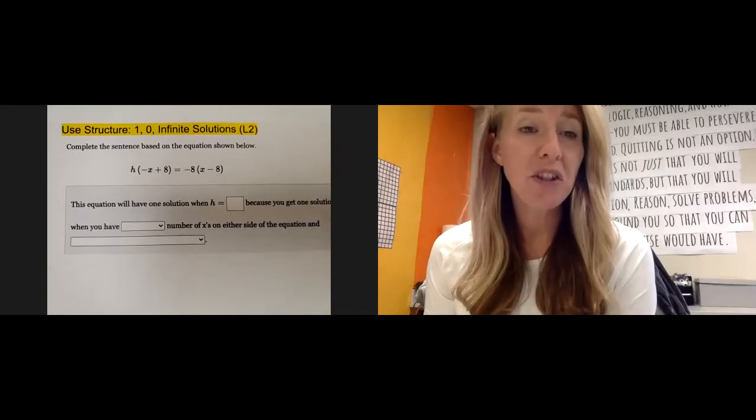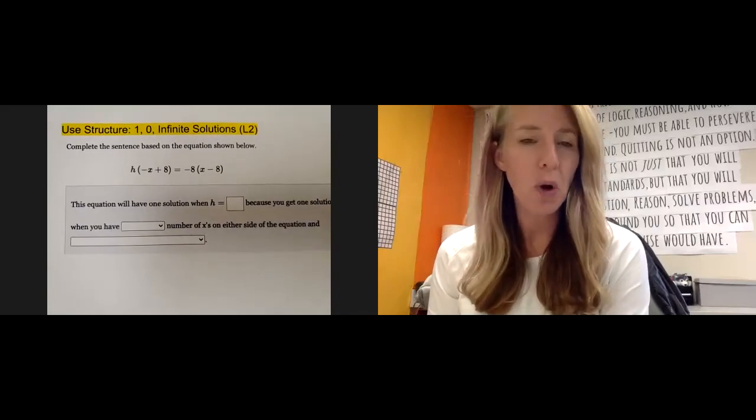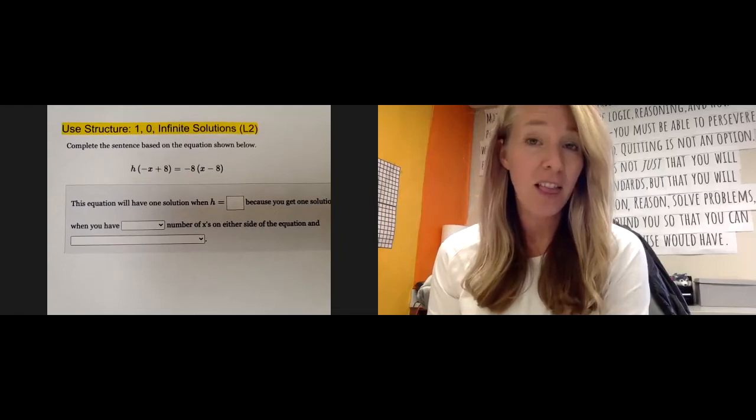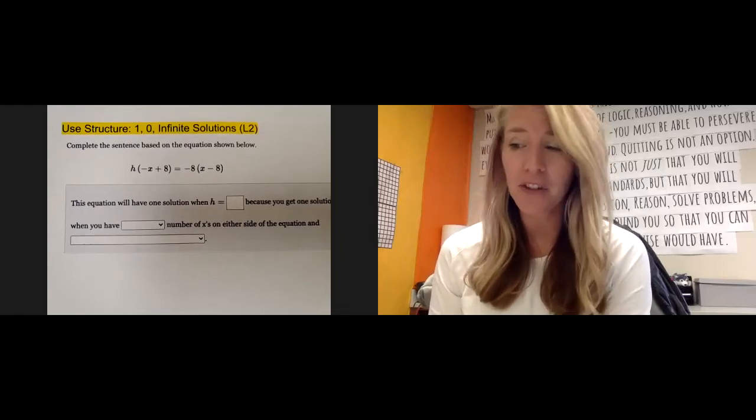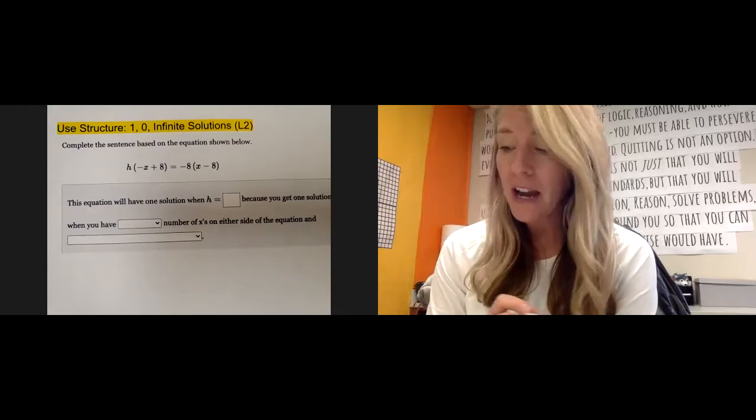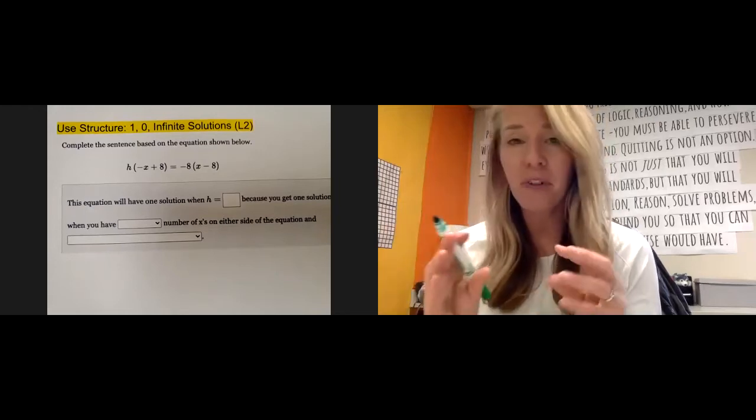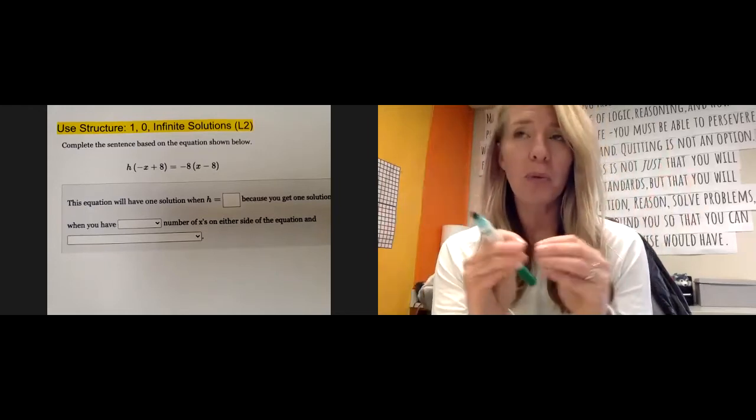This Delta Math topic is use structure 1, 0, and infinite solutions level 2. Ooh, level 2. Here we go. All right, quick recap. When you are simplifying an equation down, you get to this point where you see what's